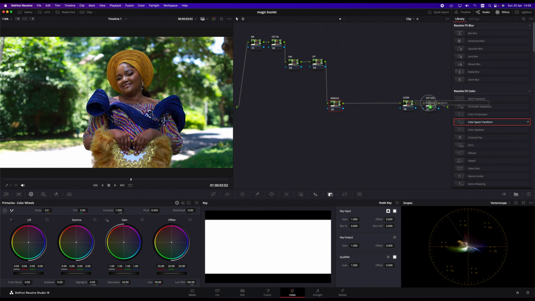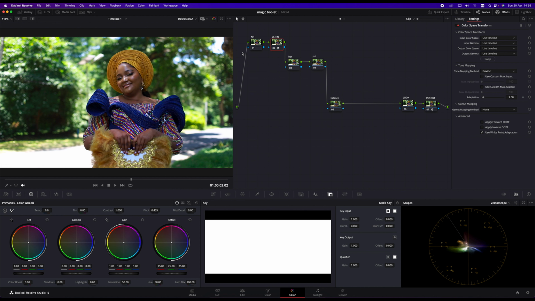So I'm gonna put color space transform into my last node, same way where I labeled CST in. I use two nodes for color space transform. In the first one, I'm gonna enter the information of the camera as how I shoot. This was shot on Canon 6D Mark II, so I'm gonna use